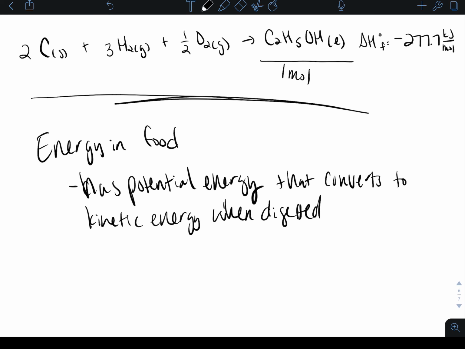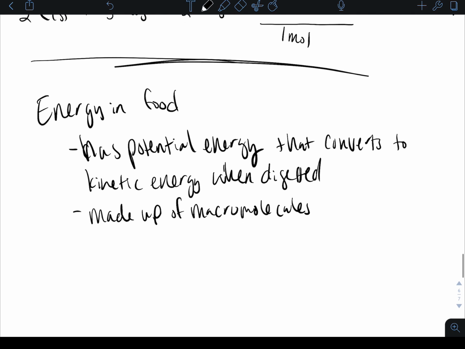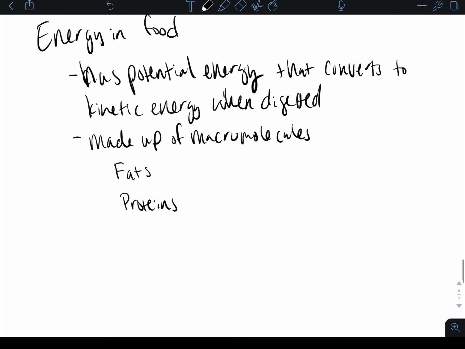But each macromolecule has a different amount of energy per mass. So macromolecules include fats, proteins, and carbohydrates. Our fats give us 9 kilocalories of energy per gram,